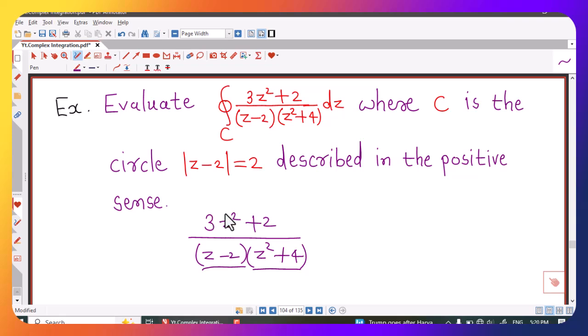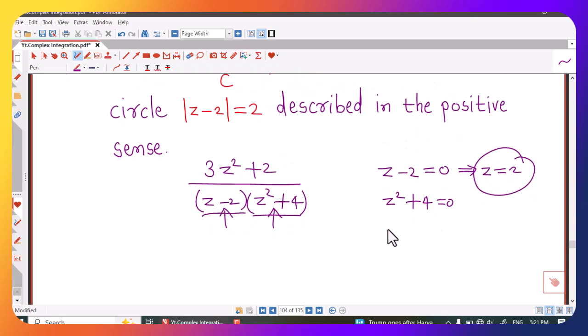So if we have a division of two polynomials, then it is called a rational function in variable z, and a rational function is analytic at all those points where the denominator is non-zero. In other words, this function is not analytic at points where z minus 2 is 0 and z square plus 4 is 0. Z minus 2 is 0 if z equals 2, and